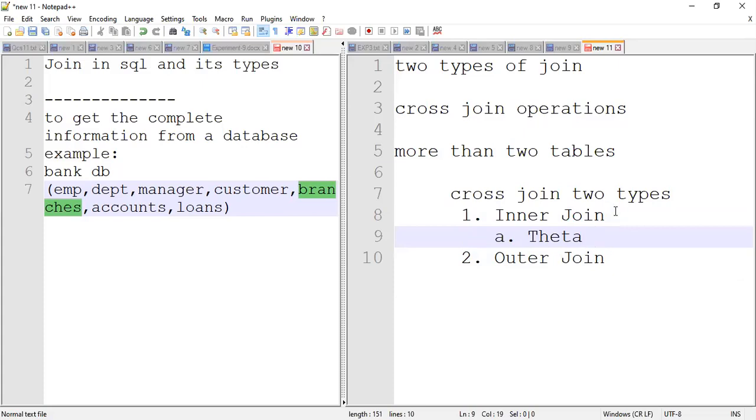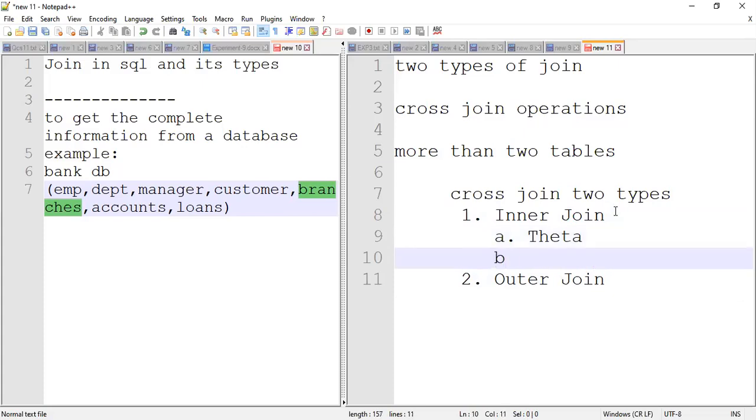And the second one is what? Natural join. Please remember under inner join, one is theta join and the second one is natural join. I'll give you time to ask your doubts. So one is natural join, one is theta join, under inner join. So remember, join means it is cross join, or Cartesian product operation. The Cartesian product is also called cross. I'll tell with SQL in the practical. So inner join is theta join and natural join.